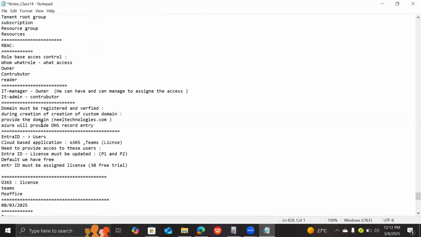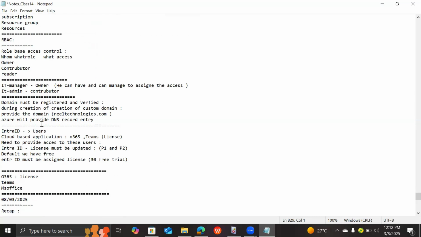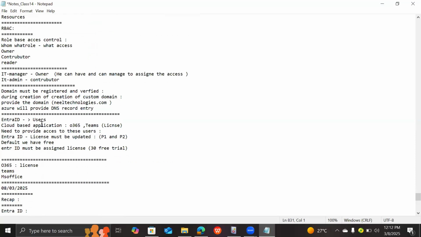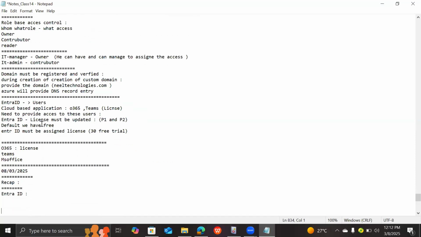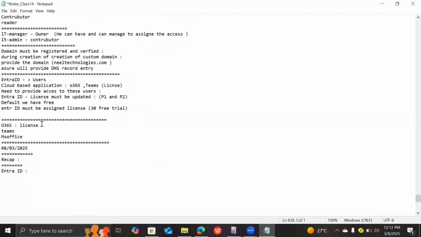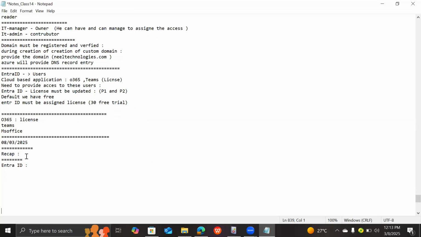And I think we also talked about custom domain last class. How do you verify the custom domain, and how to validate it? So actually we were talking about enabling the license, enabling the free trial for the P1 and P2 license, correct? We'll talk more about this license part, how to enable or activate the license,